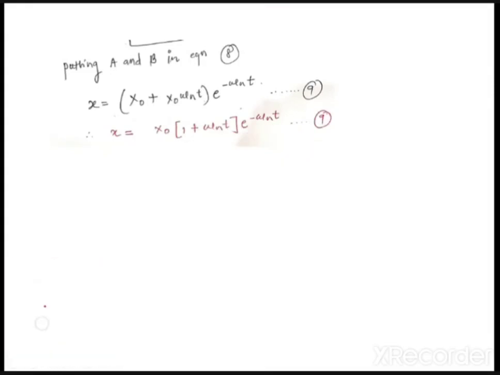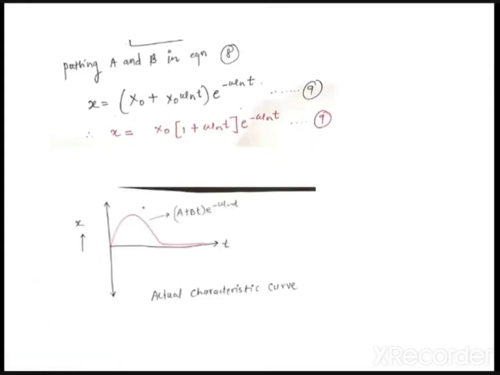Now let me draw the characteristic curve. So this is the characteristic curve. You can see this is c_t of t, the transient phase. This is c_s of t, the steady state phase. You can see that, and this is the settling time Ts, and this curve depicts this equation, (A plus B t) e raised to minus omega n t. Okay. So guys,